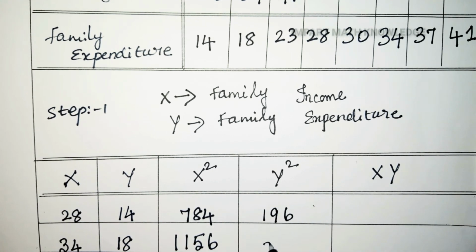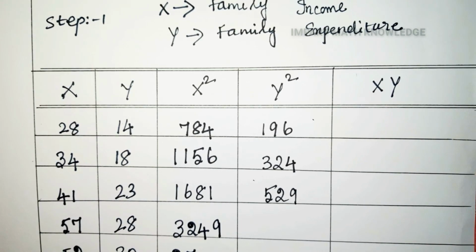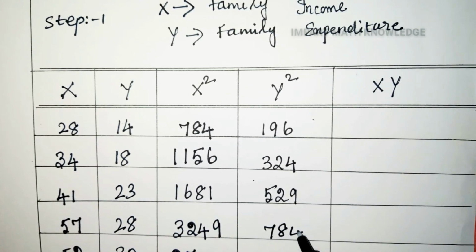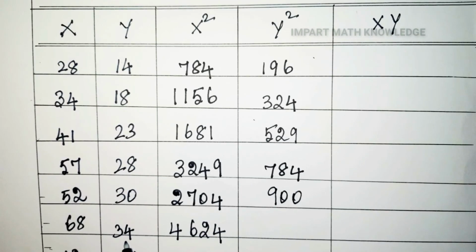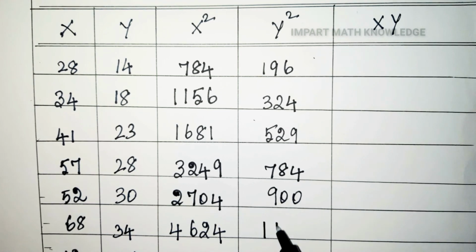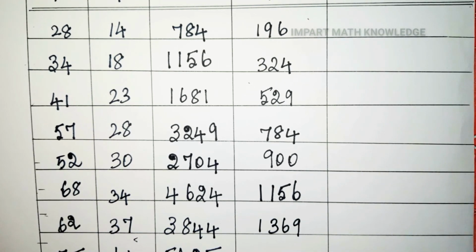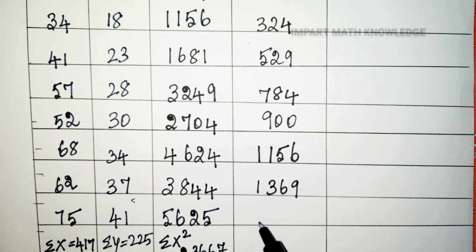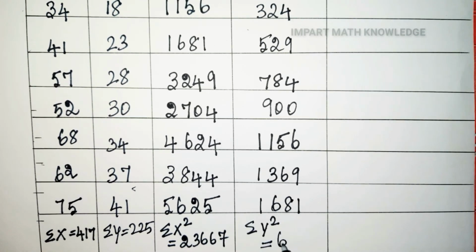Find y square. 14 square is 196. 18 square is 324. 23 square is 529. 28 square 784. 30 square 900. 34 square 1156. 37 square 1369. 41 square 1681. After finding y square, you have to take the total. Summation y square is equal to